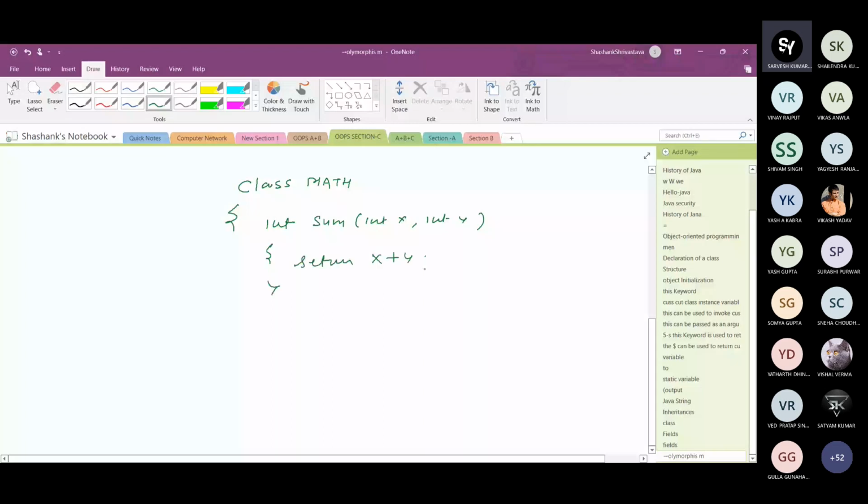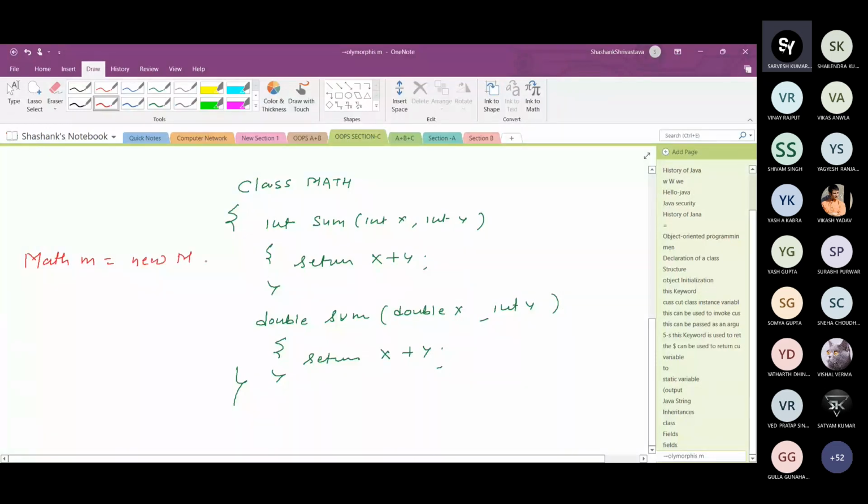Another method, double sum, double x, comma integer y, returns a double value. Suppose this is the class Math. If you create the object of the Math class like this, Math m equal to new Math,